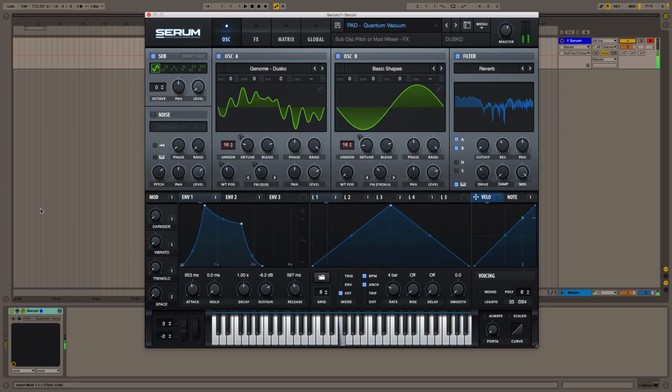Today we're going to show you how to take this sound and turn it into this sound using FM synthesis